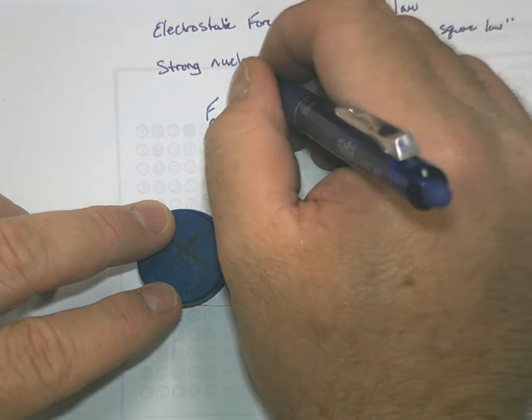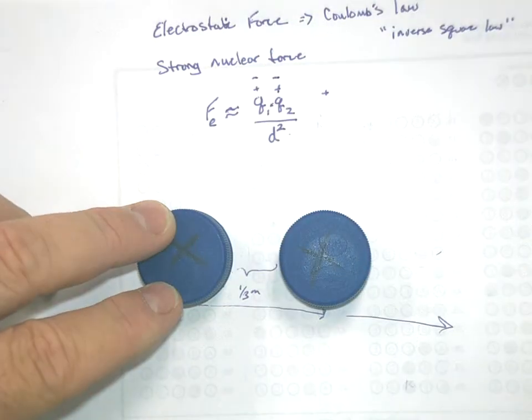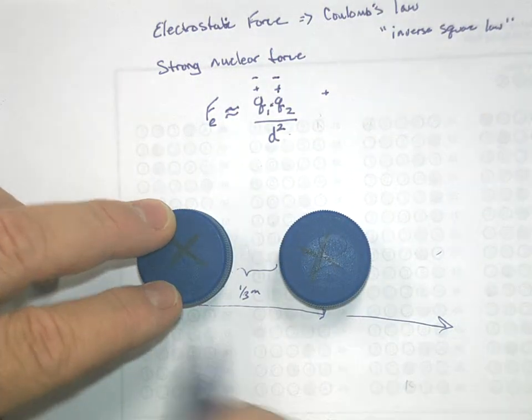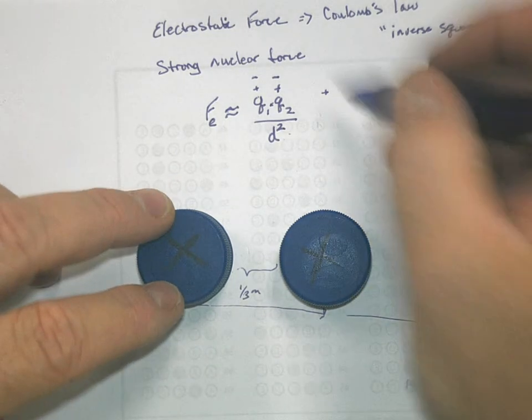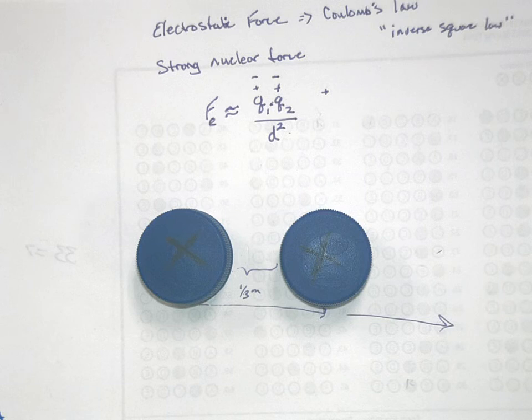Same thing with the negative. Negative times negative is what? Positive, right? So we bring them together. This effect on that is going to push away. So a positive times a positive, or a negative times a negative, gives us a positive value, and a positive value means repel.